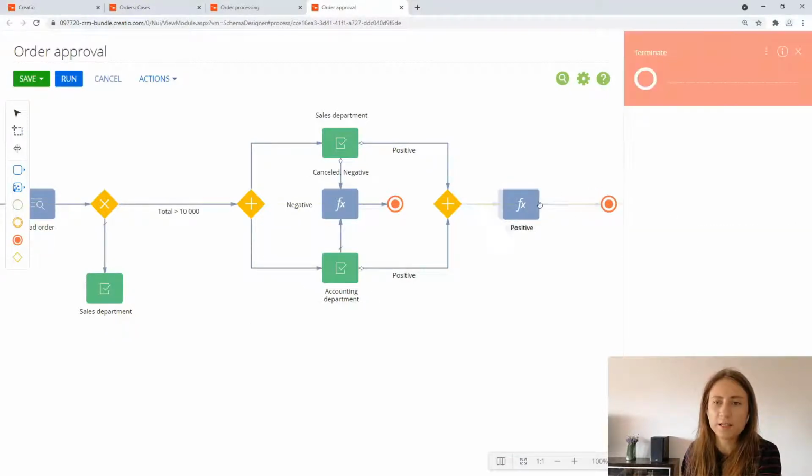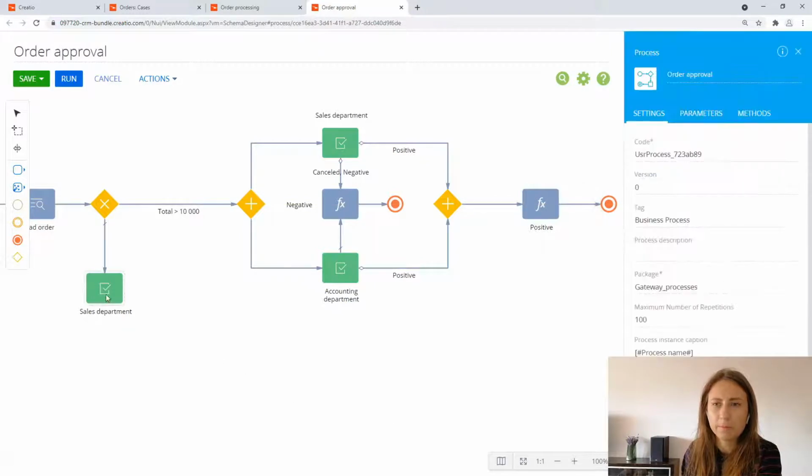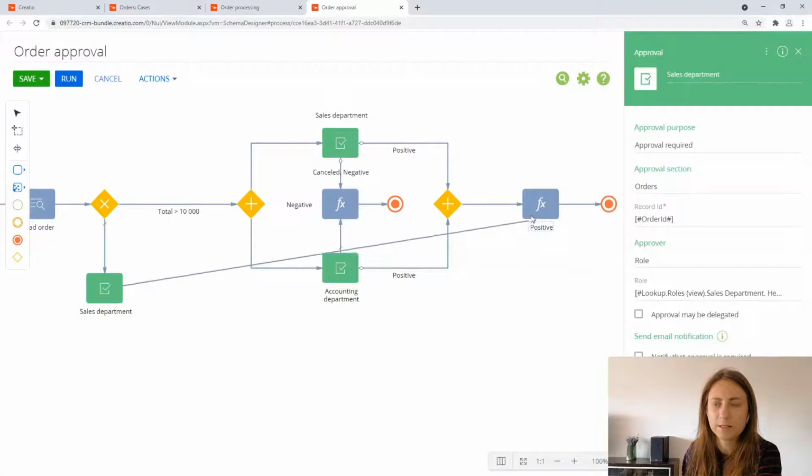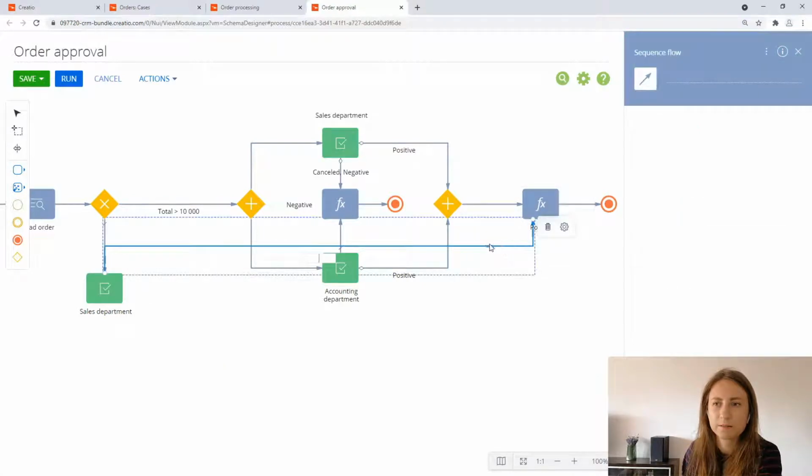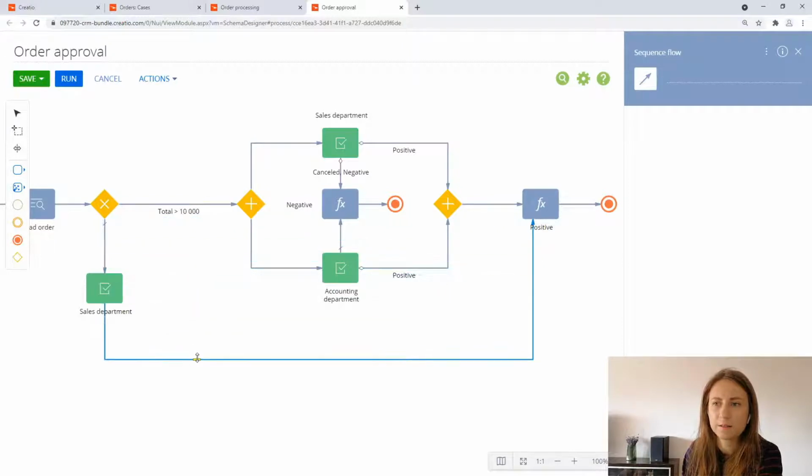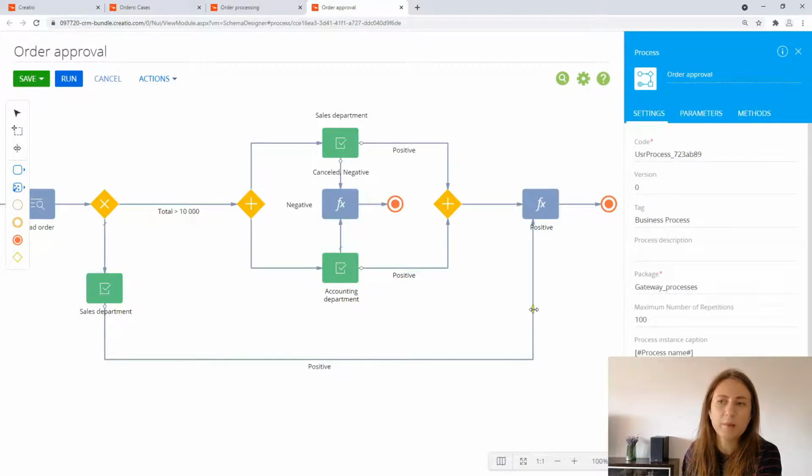The only thing is, basically what I can do is say this, right? Kind of like moving it here, conditional flow, positive. From a technical standpoint, this setup is perfectly fine. It's going to execute correctly. It's going to go to positive. But what we want to do probably in terms of correct